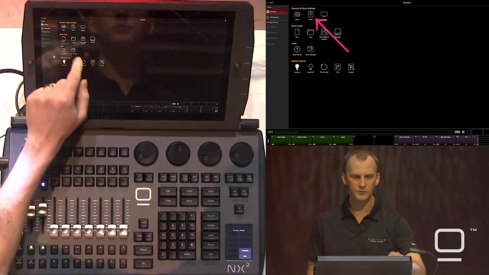Let's go ahead and talk about cloning. If you're not familiar with cloning, cloning allows us, through the patch, to take maybe a new fixture that you've patched and copy all of the information from a previous fixture. We'll head into our Onyx menu and to patch,